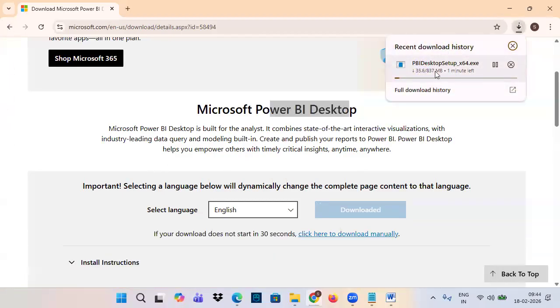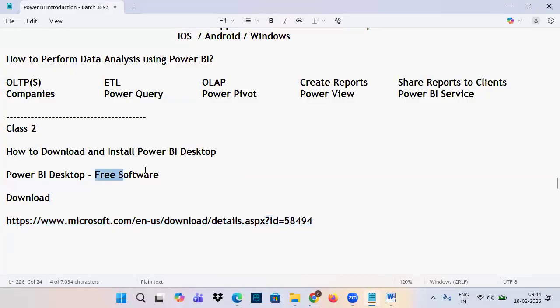When I click on download, the software will start downloading. It's a lightweight software. It will hardly take a minute. Let it download, guys. We can easily download it as it is free software, available on Google. In this particular link, you can download it. Okay, once you download Power BI Desktop, then I'll tell you what